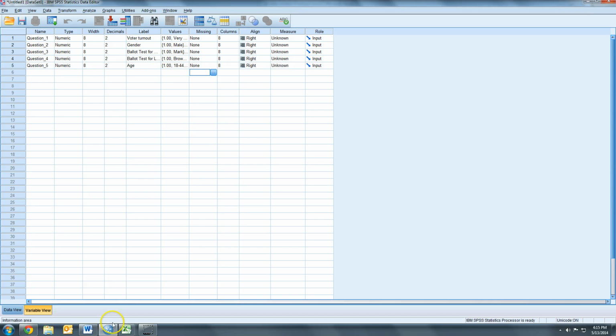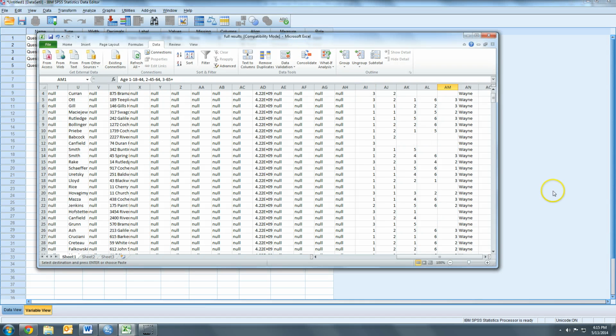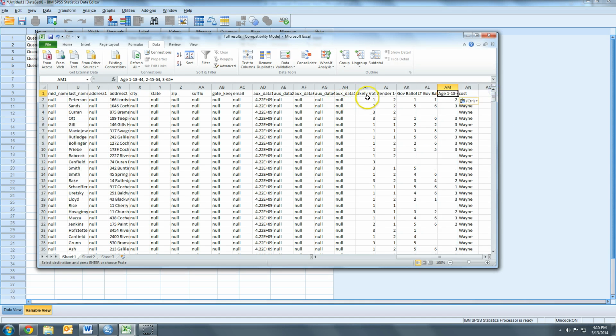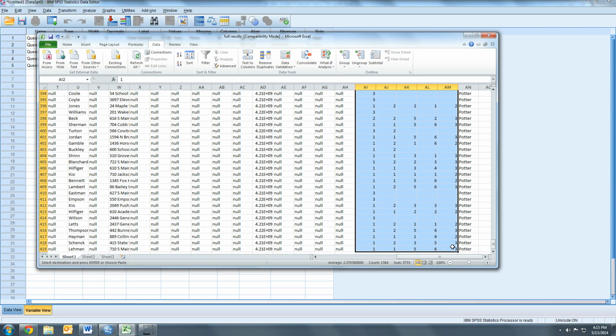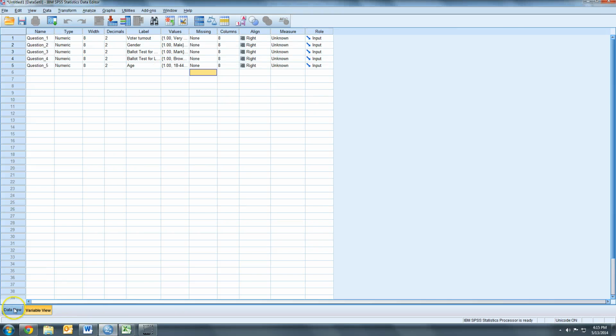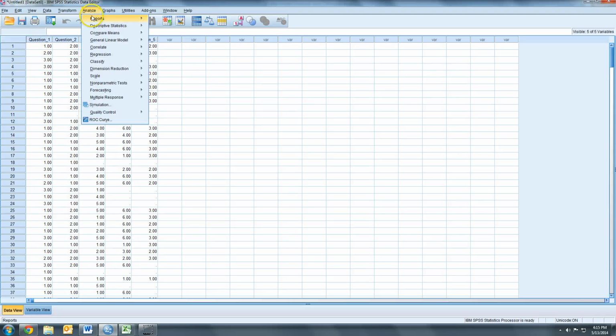The next thing to do is to take our data from our results, like we have here, and just copy those cells, and we'll paste them into the data view, and we click paste. It takes a second because it's a lot of data that's being transferred between these programs. But now that the data has been pasted in, go to Analyze, Descriptives,